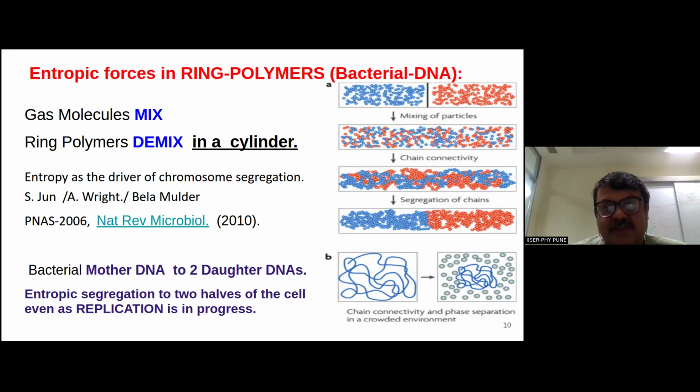Take two ring polymers, they would spontaneously segregate. Bacterial chromosomes, E. coli, are ring polymers. Maybe they segregate due to entropy. No method was known, and even as of today it is an open problem, because when they were suggested, obviously,